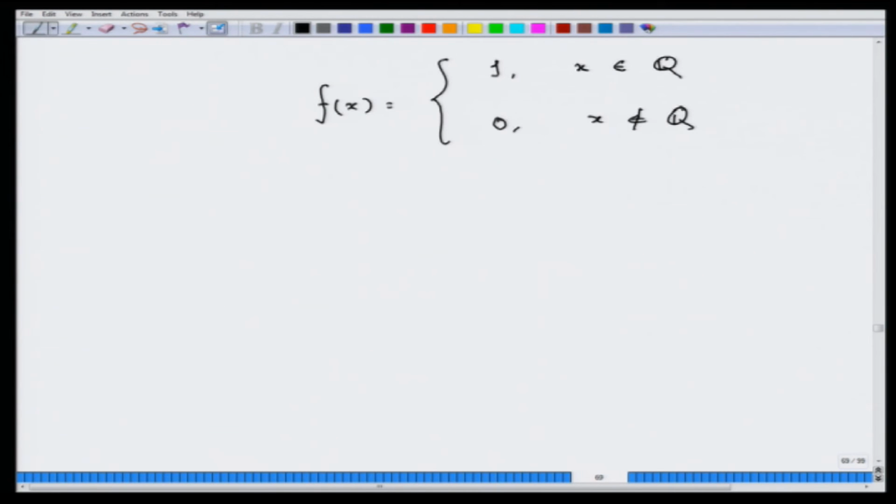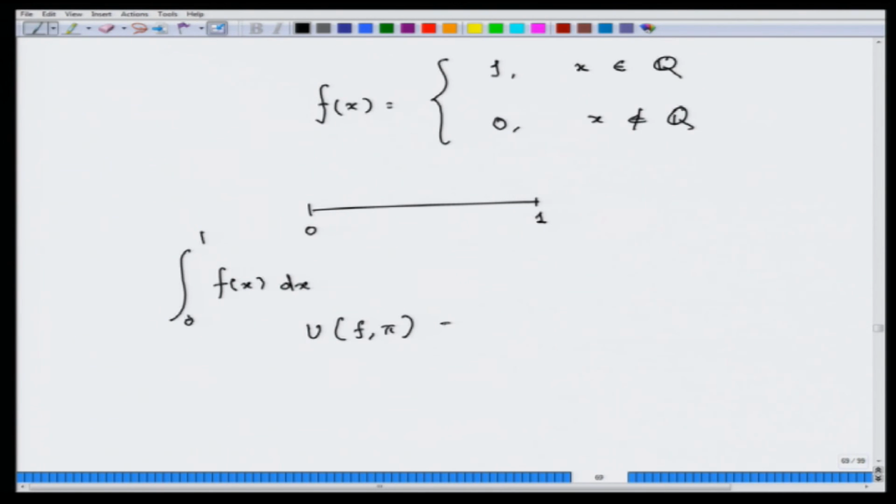Now, I want to integrate it. Let me partition it between 0 and 1. I want to ask what happens for this particular function. Of course, this is a bounded function, the values are only 0 and 1. Now, whatever my partition is, because there are always infinitely many rational and infinitely many irrational numbers inside those partitions, my upper Riemann sum U(f, π), for any partition π,